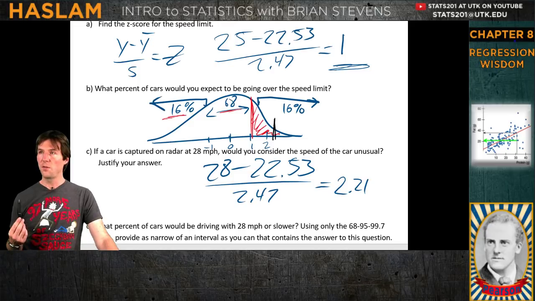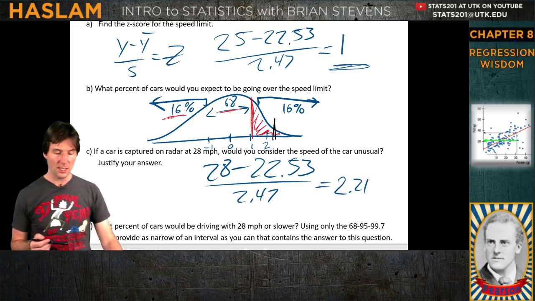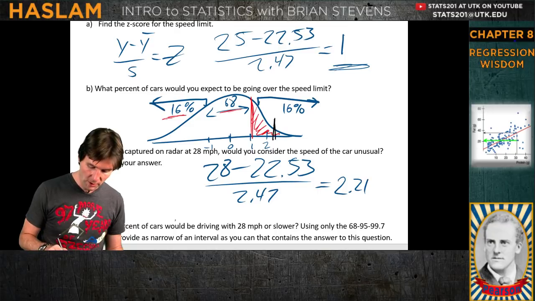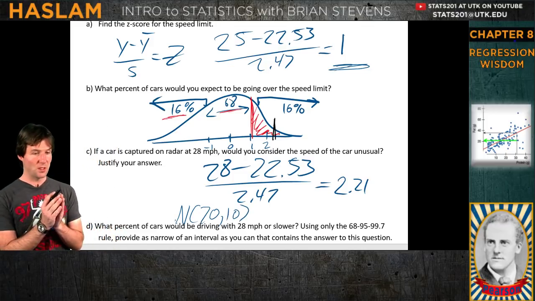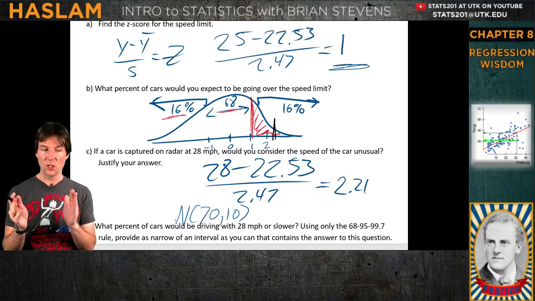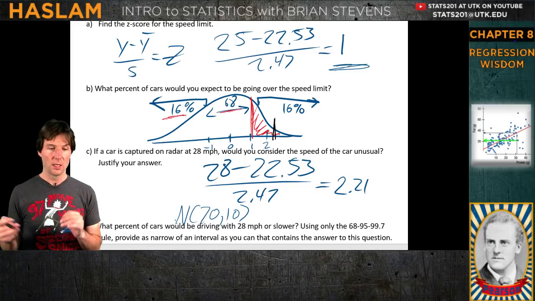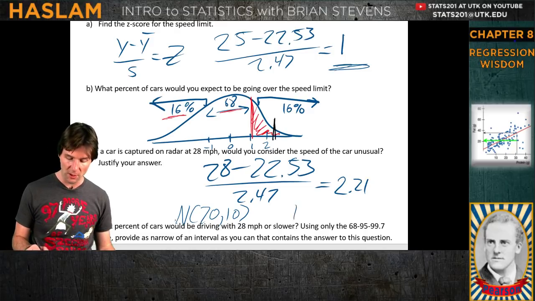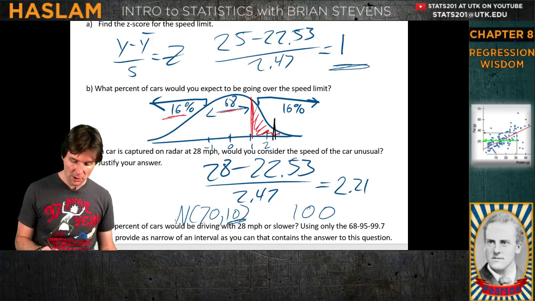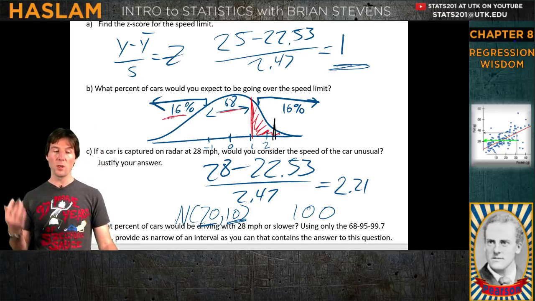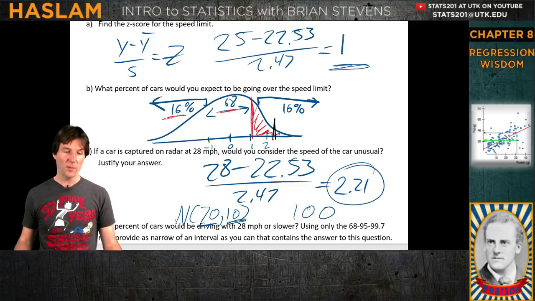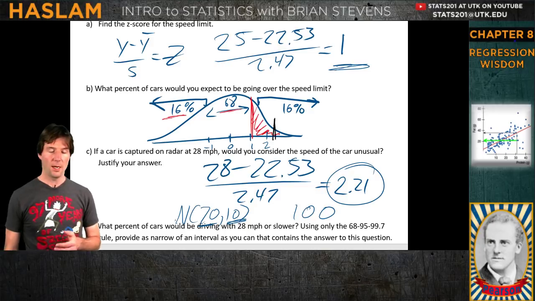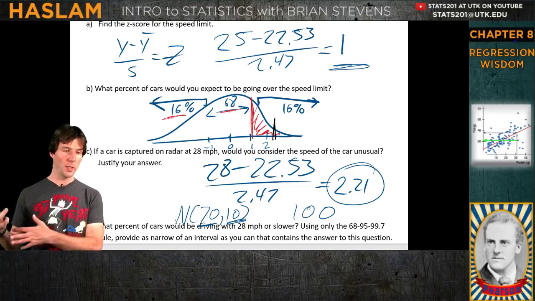Think about this. If you were to say that the test has an average, normally distributed, of 70 and a standard deviation of 10, then an 80 would be a z-score of 1, a 90 would be a z-score of 2, and 100 would be a z-score of 3. So scoring a 100 would be very high. 100 is 3 standard deviations above 70. 100 would be more unusual than 90. So I would classify this as kind of unusual. If I were to give my answer, I'd say z-scores of 2 are kind of unusual. So it's pretty unusual to get someone going 28 miles per hour.